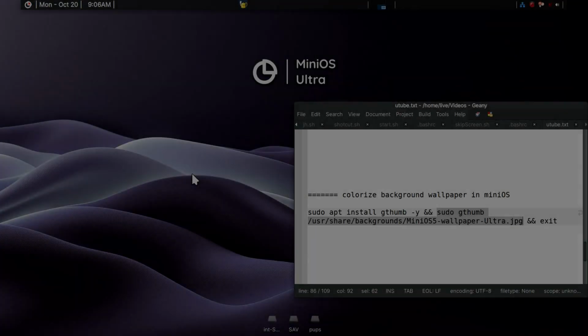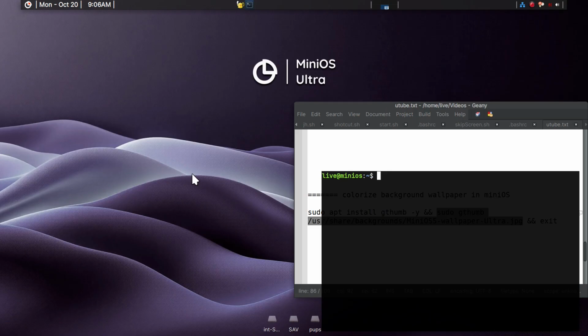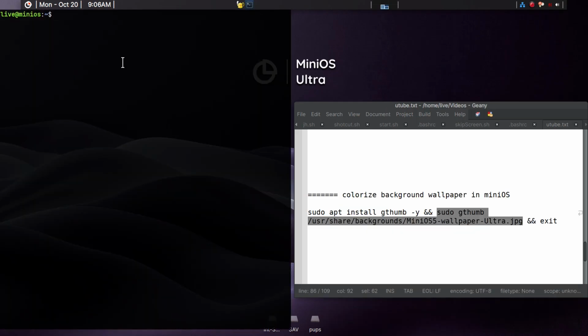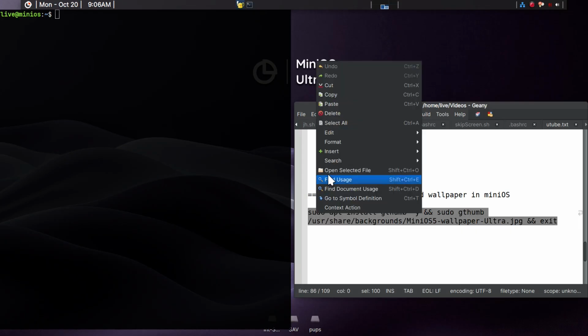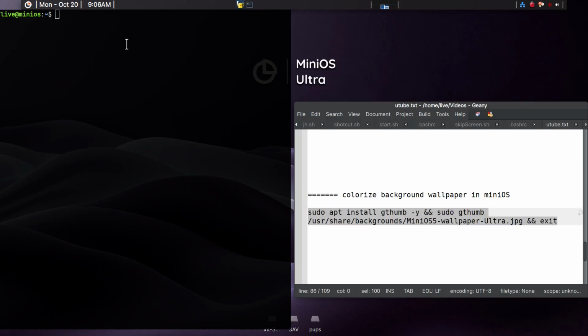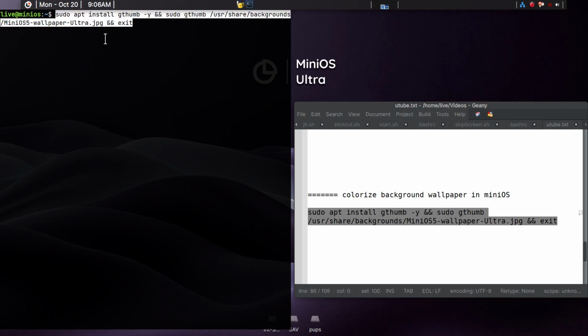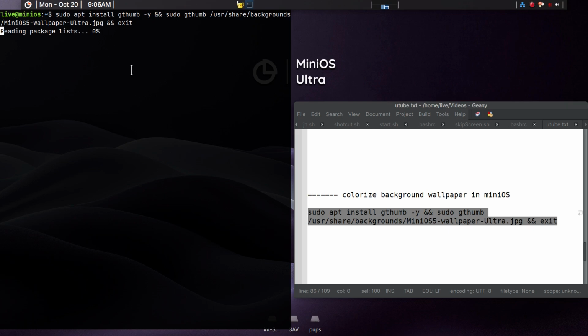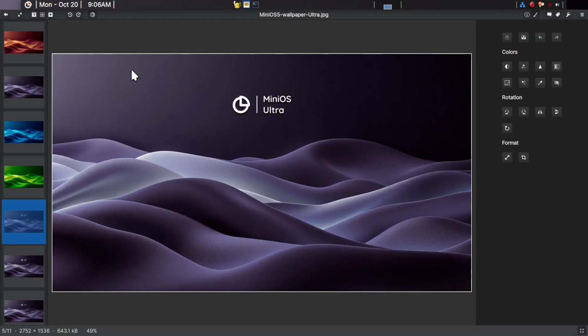So close, and then we'll start the terminal, and then we'll just go ahead and copy this over. So copy, and then we're going to simply middle mouse click on the terminal, and then we're going to install gthumb, and then